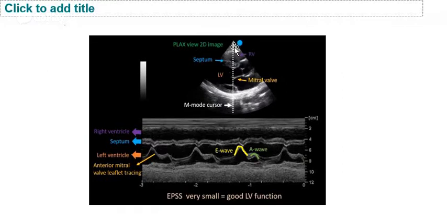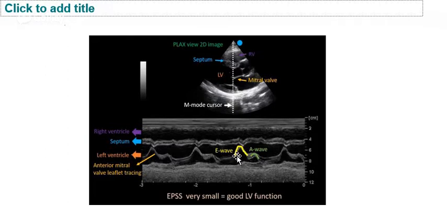Okay, so here you can see the M mode echocardiograph, where the ultrasound probe is passing through the tip of the mitral valve, and we can clearly see the 2 waves. One is called the E wave and the other the A wave. Normally the height of the E wave is more than the A wave if the left ventricular ejection fraction is very good, but if the left ventricular ejection fraction is poor, sometimes